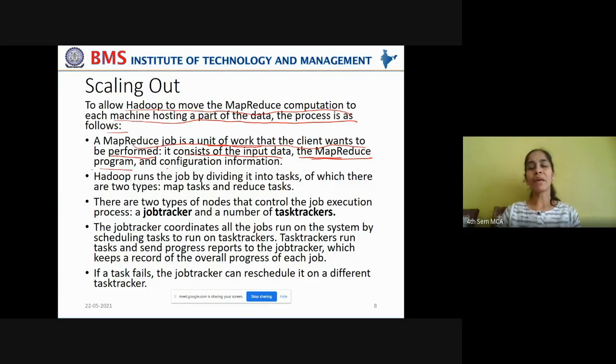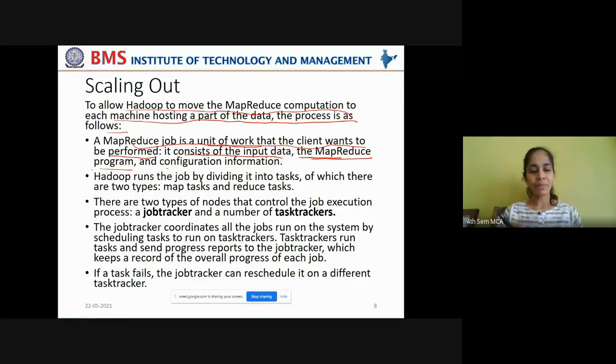Remember, until the map task is completed, the reduce task will not be initiated. They will not be executed simultaneously. At least partially the map task has to be completed before initiation of the reduce task, because at least some information should be given as input to the reduce task from the map task. So when you are executing real map reduce jobs, you can see that the reduce task will not be initiated until at least some of the map task has been completed.